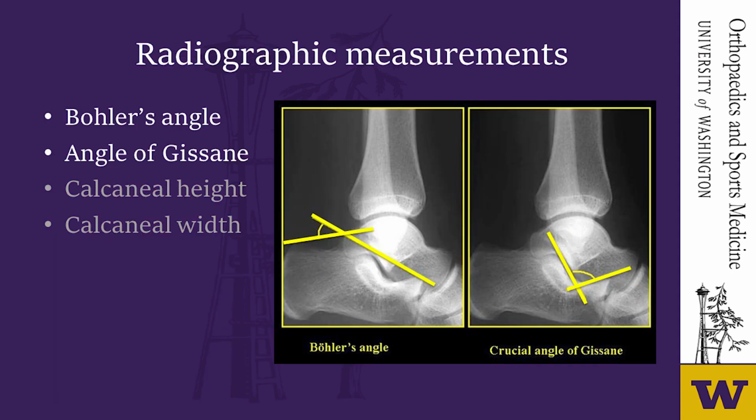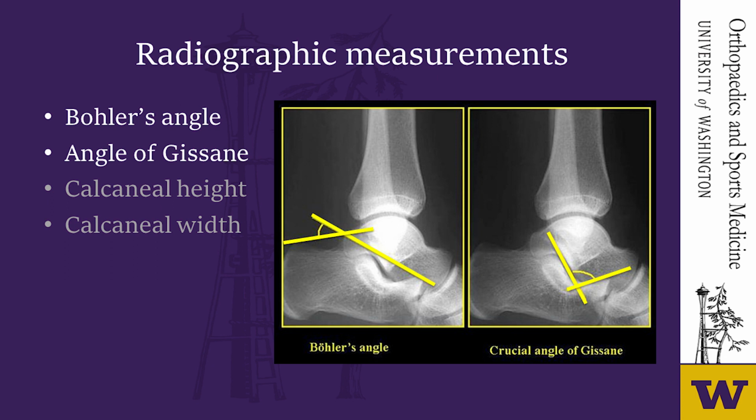On the lateral X-ray, there are 2 angles that can be used to determine the position of the posterior facet. The Bohler angle is measured by drawing 2 lines from the highest point of the anterior process to the highest point of the posterior facet, and from the highest point of the posterior facet through the highest point of the tuberosity. Normal angle is between 25 and 40 degrees, and in intra-articular fractures, the angle decreases as the posterior facet